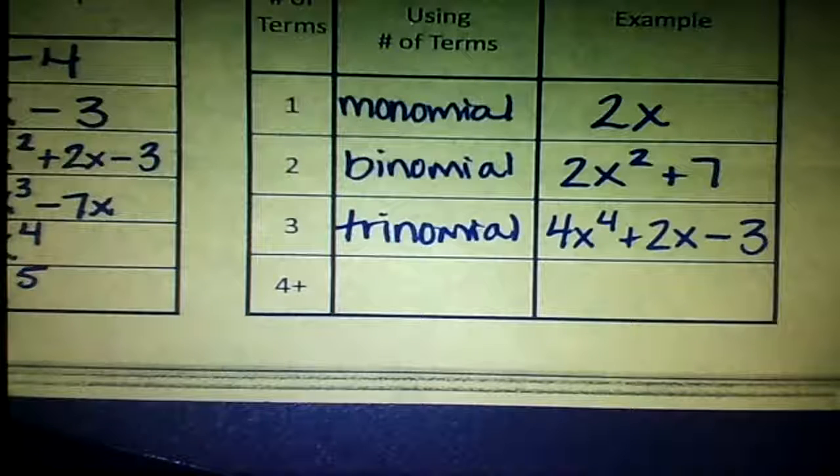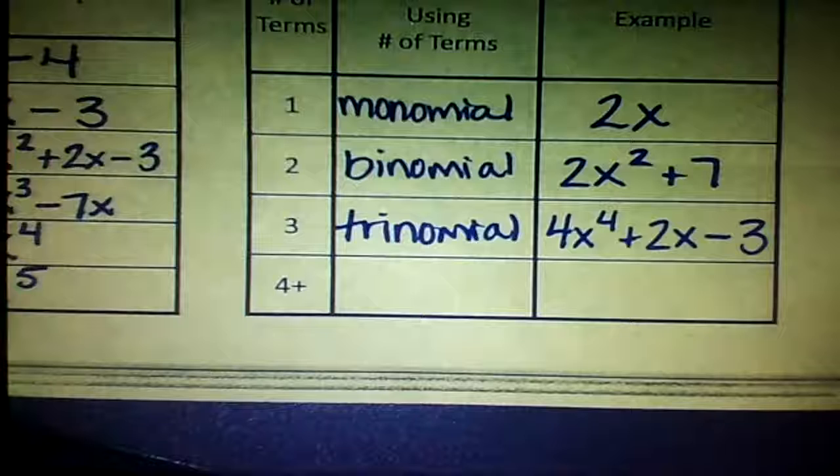If you look at my trinomial, I've got x to the 4th, I have x, and I have a constant. None of them are like terms, so they can't be put together, which is what makes it a trinomial. Because you gave me like terms, I can combine like terms. So, for example, let me give you this: 2x to the 4th plus 3x cubed plus 2x squared minus 3